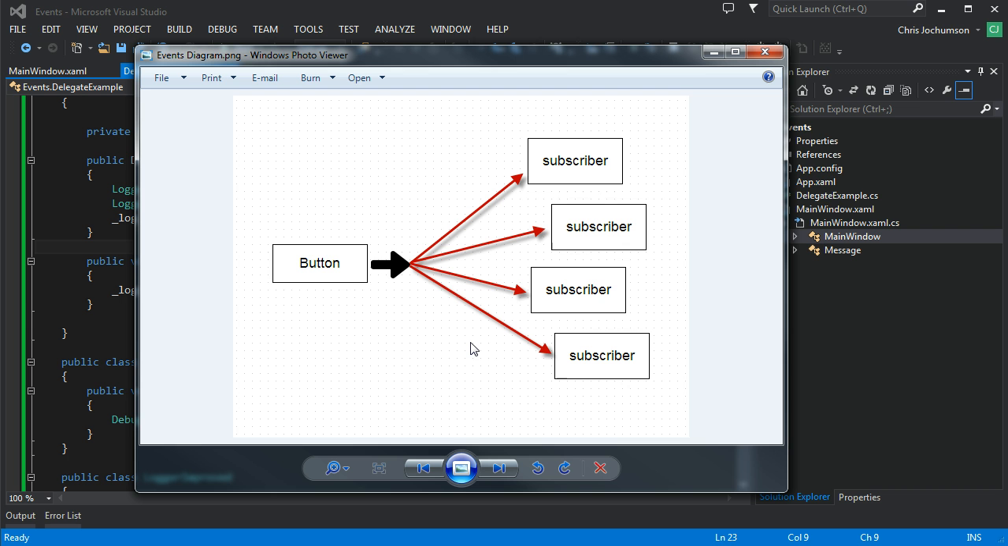So briefly, let me recap. When someone clicks on the button, an event is raised. Typically in Windows, events are raised as opposed to being triggered or fired. Each subscriber then will have a chance to respond to that event in whatever way is appropriate. So in this scenario, the button is the publisher of the event, and everyone who has subscribed will be notified